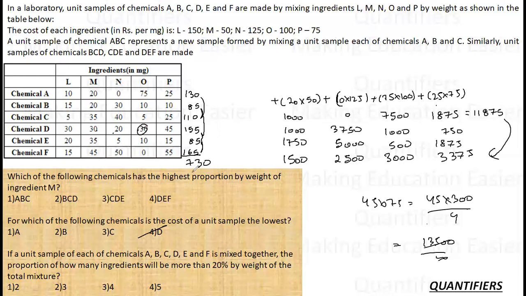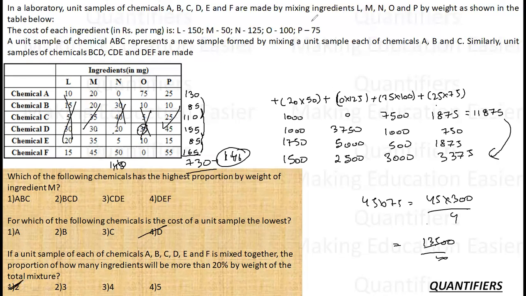Above 20% means above 1 by 5, as in above 146. So 146 should be greater. Let's see, how many are greater than 146? 25, 30, 65, 85, 100. This is not. 240, this is definitely high. 17, 95, 145. So it is not. 85, 90, 120, 130, definitely not. 25, 25, 50, 101.5, this is definitely yes. So there are only two in the ingredients, M and P. So the answer is 2.